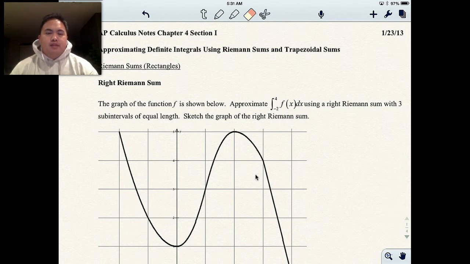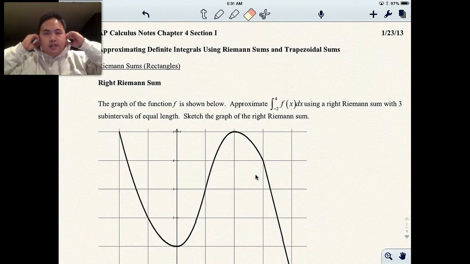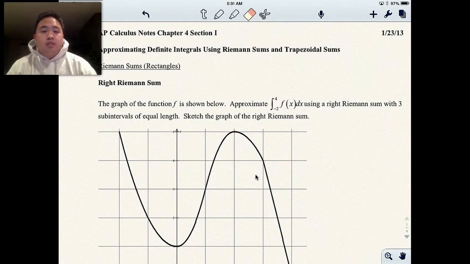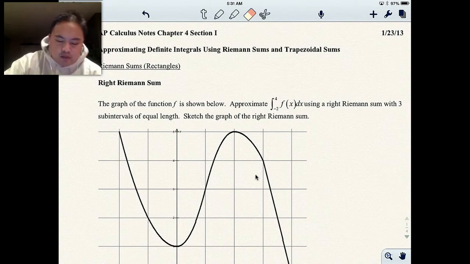The Riemann sum stands for a sum of a shape, whether it's a rectangle or trapezoid, trying to estimate the area under the curve. Some of you may be saying, why do we estimate it? We already know how to find the area under the curve. Well, this is just another way to find it if you weren't able to take the antiderivative and you were given a graph. So first of all, just so that you're aware of what the formulas are, a rectangle has a formula of